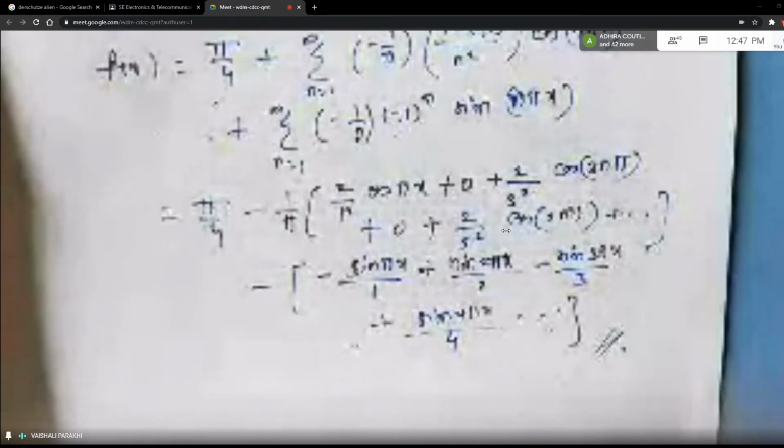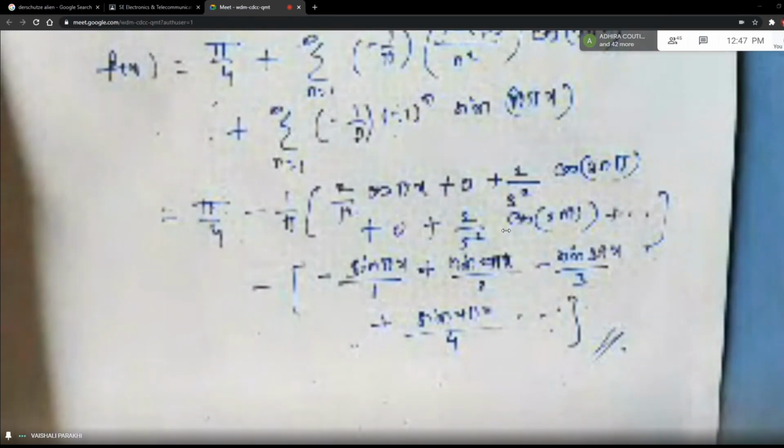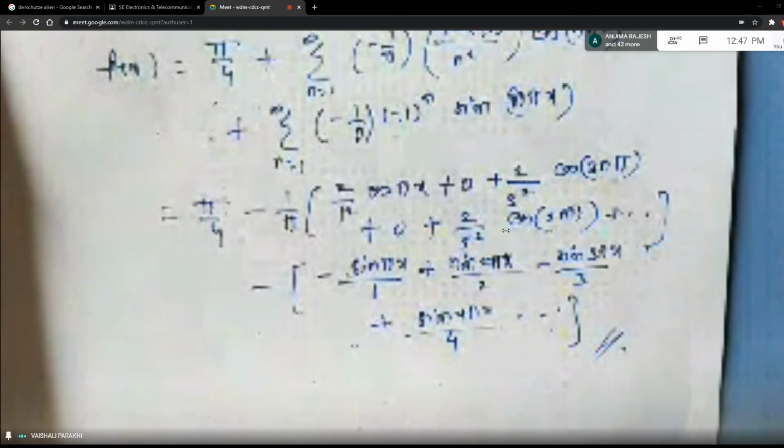Okay, so your expansion will look like this. If you want, you can take 2 common out of this, and the minus sign can be adjusted. It is not asked to prove any series. It is not asked to deduce any series further. So there is no point in expanding it more. Even if you do till here, you will get whatever 7 or 8 marks are allotted. Full marks you will get.